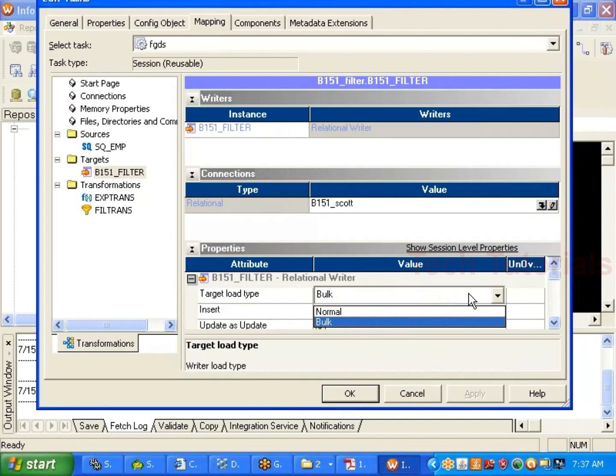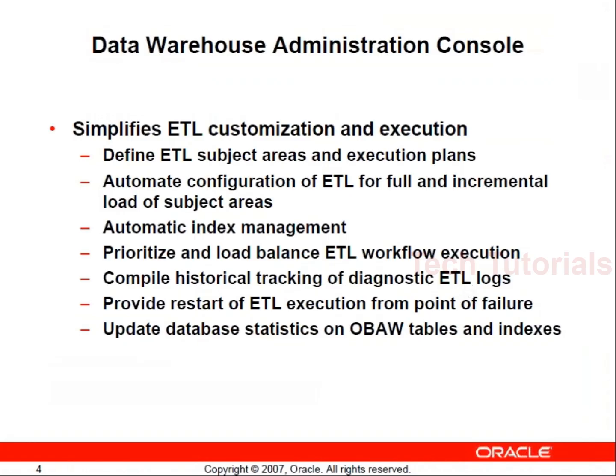Now, next I have one called prioritize and load balance ETL workflow execution. What does that mean? Prioritize means, as I already said, first I want to run this one, then I want to run this one, then I want to run this one. That is what is called prioritize. Load balance. Load balance means,